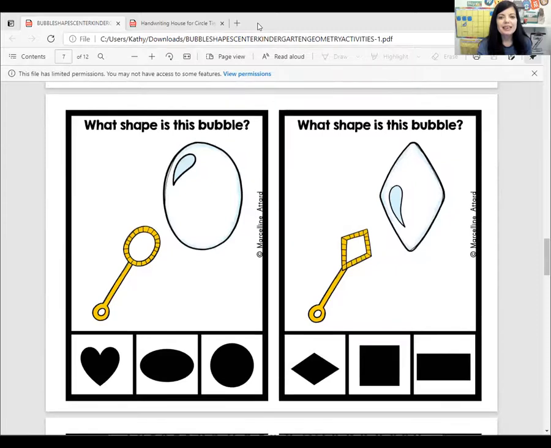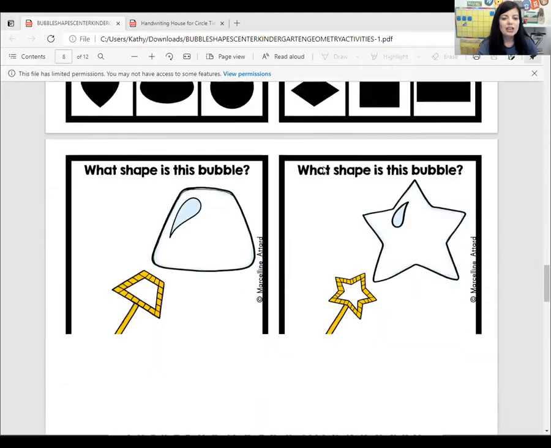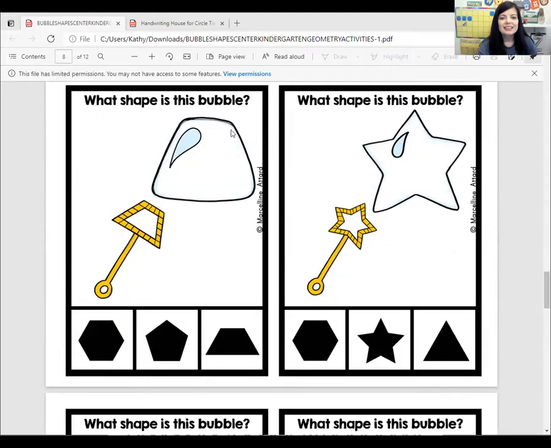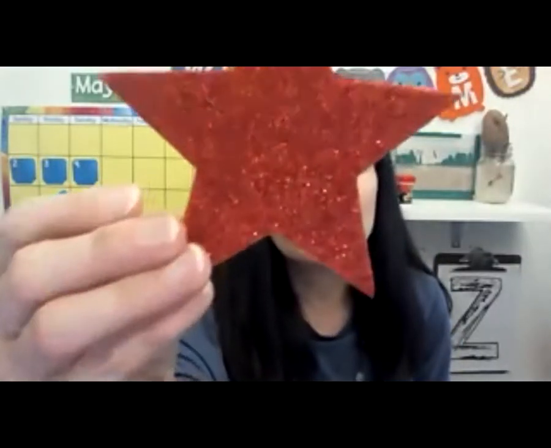What shape is this? That's an oval. What shape is this? Diamond. Good job. Let's try the next one. What shape is this? This is a trapezoid. Can you say trapezoid? And what shape is this? It's a star. Well, I'm going to give you a star sticker because you did a great job remembering all